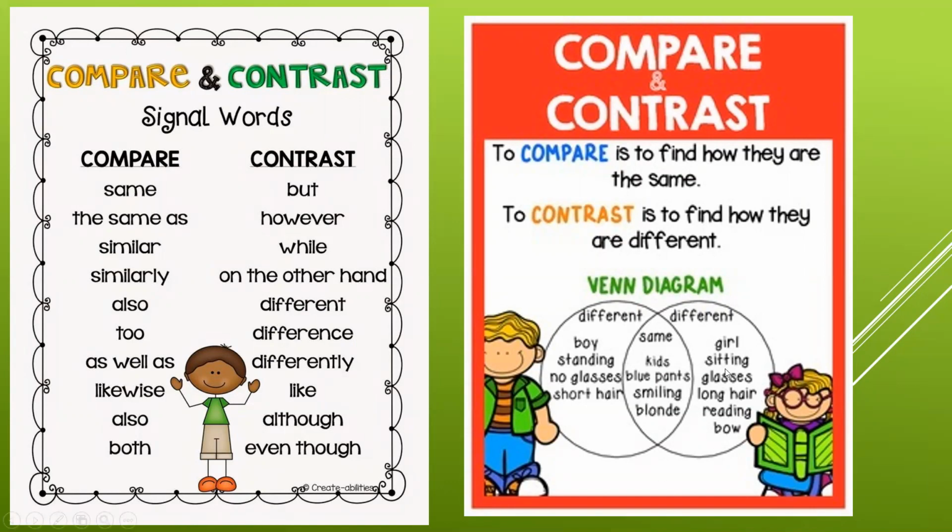You have here a diagram, two circles. You will find in the middle same, how both of these things are the same. On the right side different, and on the other side different. So in the middle you will compare between the two things, and you will write how these things are the same. On the sides you will contrast. You will tell me how these things are different. Okay,